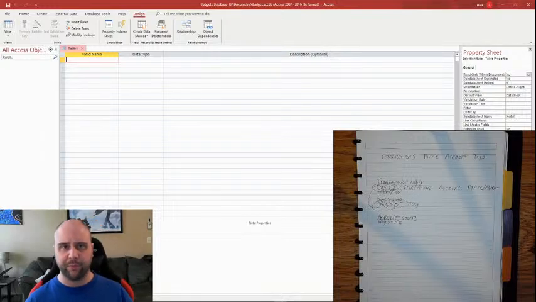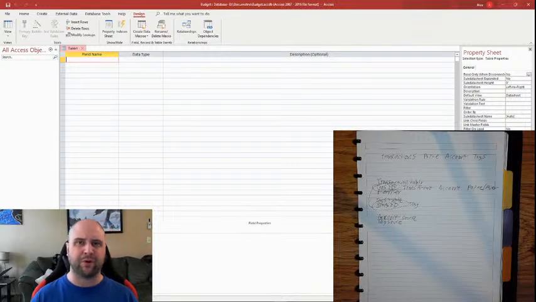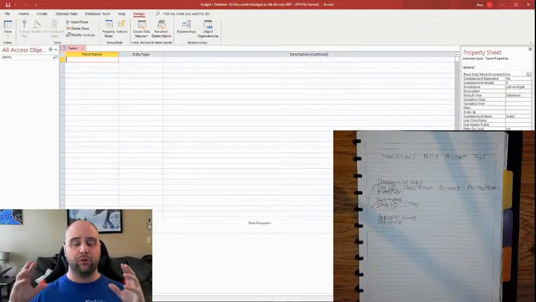Okay, so our first field. When you're building with databases, there's one thing that you need to understand: you always need to have what's called a primary key. So the primary key is a value, not necessarily a number, but a value that has to be unique, completely unique, 100% of the time, no exceptions. And that's how the database knows how to file the information. Now, I shouldn't say that. You don't necessarily have to have a primary key, but for anything that's holding data that you want to track,